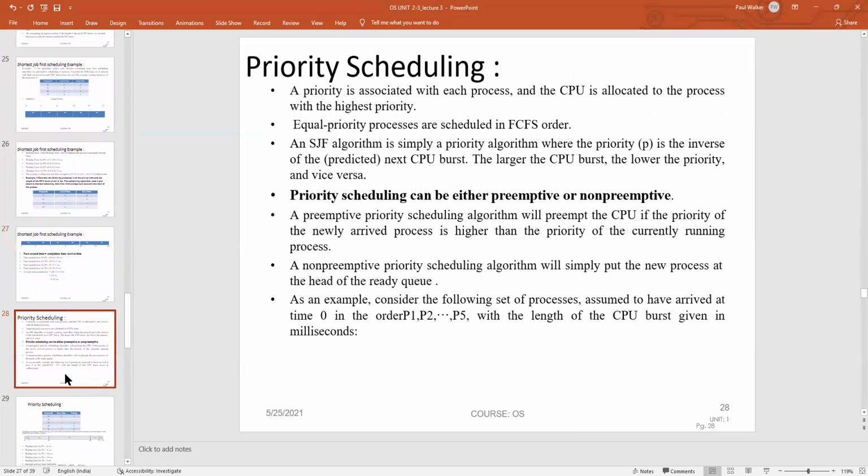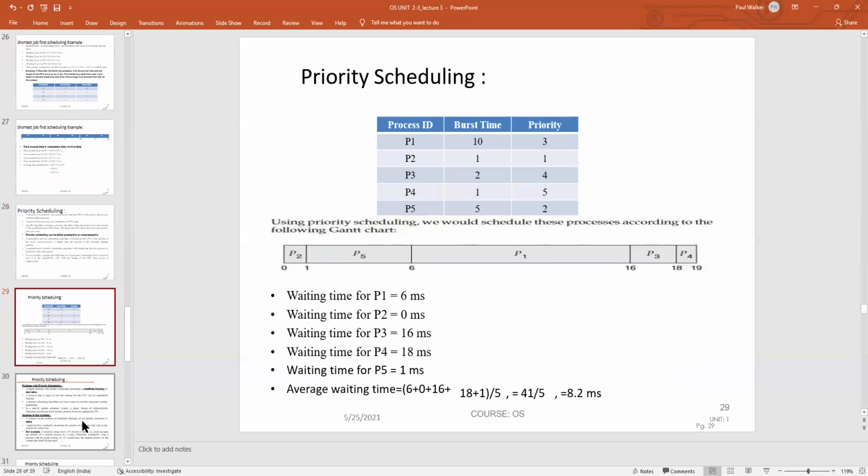The next scheduling algorithm is priority scheduling. A priority is associated with each process, and the CPU is allotted to the process which has the highest priority. A preemptive priority scheduling algorithm is considered with an example. Here, the process ID, burst time, and the priority of each process are given. For example, we can take the process which has the least